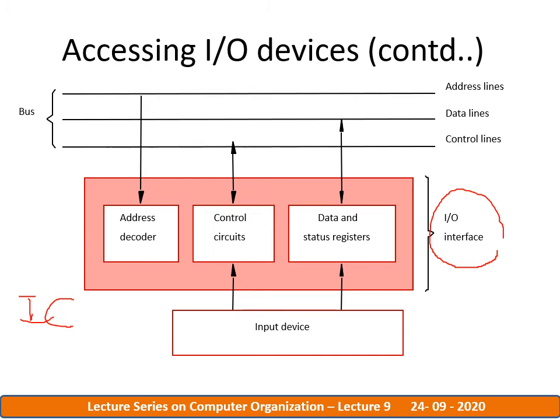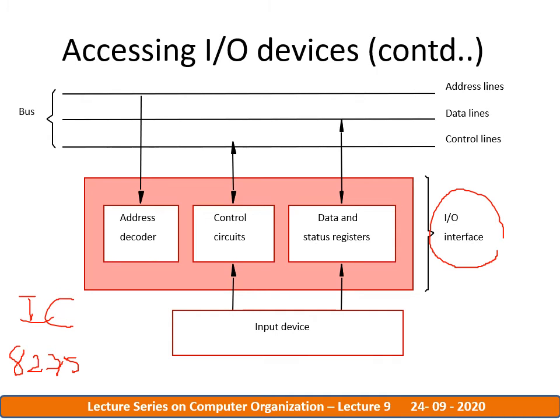For these chips there are some examples. PPI is a peripheral interface between devices, and the chip is 8255. The 8255 is used for PPI, which is used to interface ADC and DAC, the analog to digital converter and digital to analog converter. Then one more IC is 8275, used as a CRT controller. Then 8251 is the universal synchronous asynchronous receiver transmitter controller, that is USART.